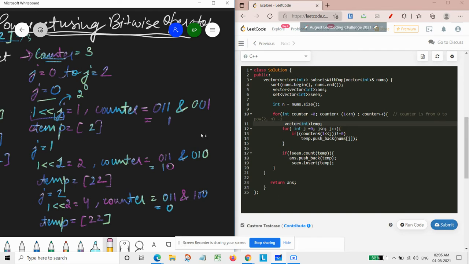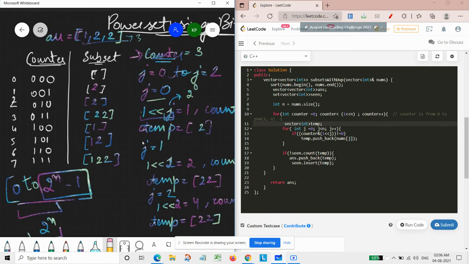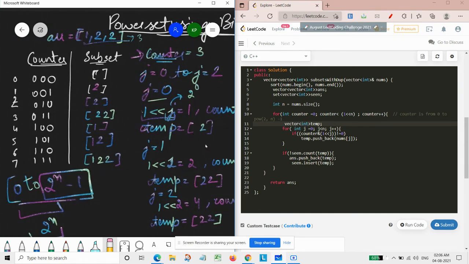And now this is not equal to 0, it is a non-zero value. So we would be pushing that particular value in our temp. Whatsoever is at that position, means nums of 0, it will be simply pushed to the temp. And nums 0 is 1 here. So at this moment, we will be simply pushing 1 here.